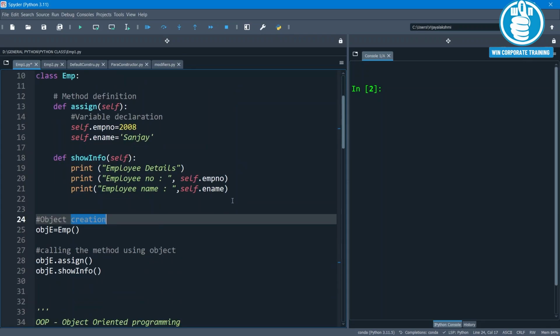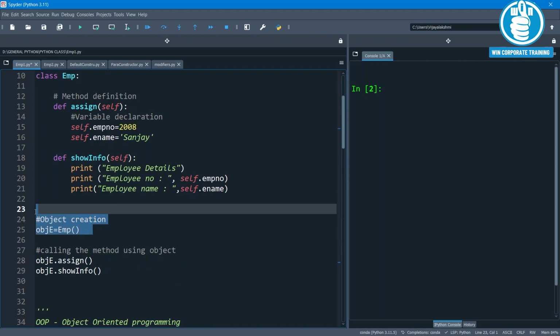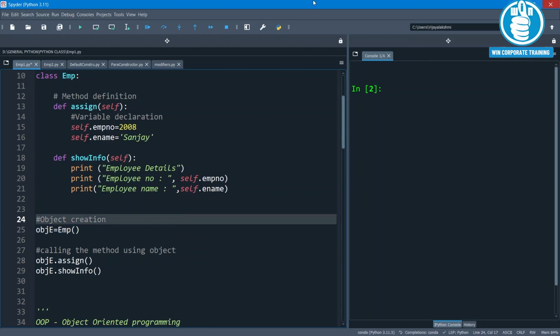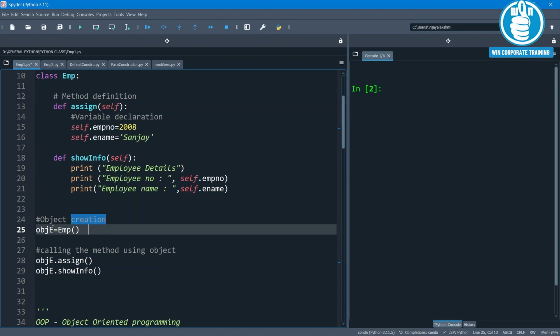To make any class functional, we need to create an object. What is an object? Object is a variable of the type class. In this example, we are creating an object obje equal to, and this is basically a constructor. More about this you will be learning later.